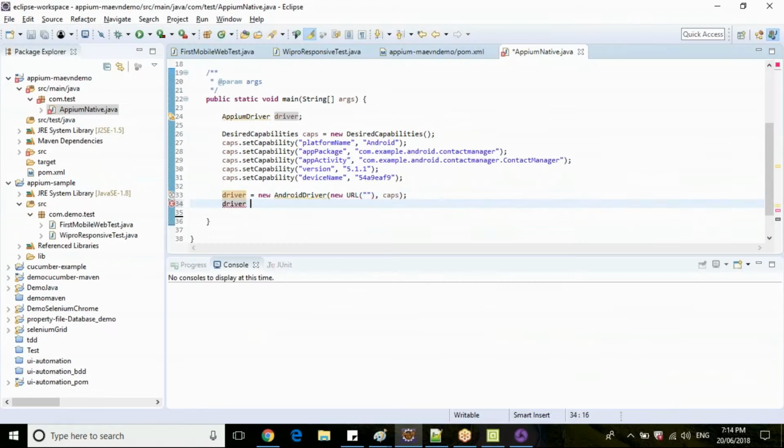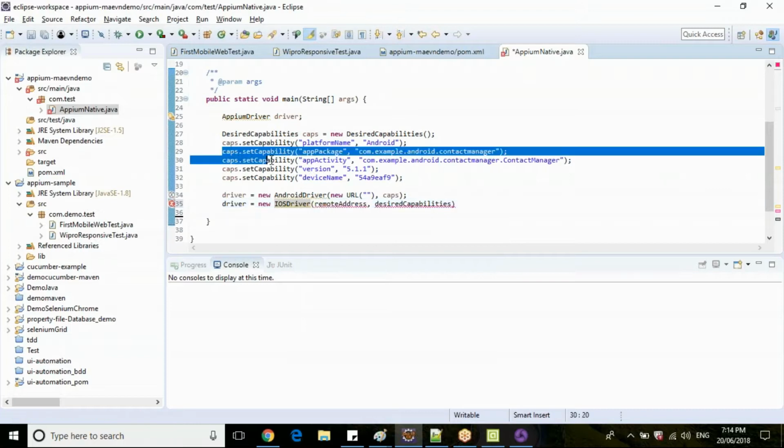I'll just write and show you how iOS driver is there. You can see here even iOS driver is also available in the same jar files. The code is the same. Instead of app package and app activity name, what are you going to use in iOS, guys?